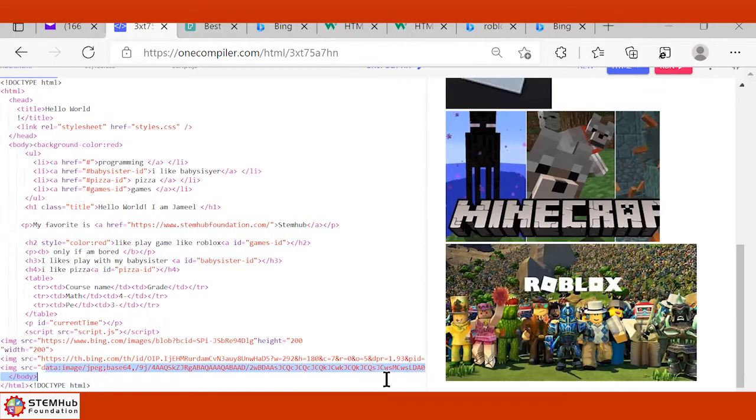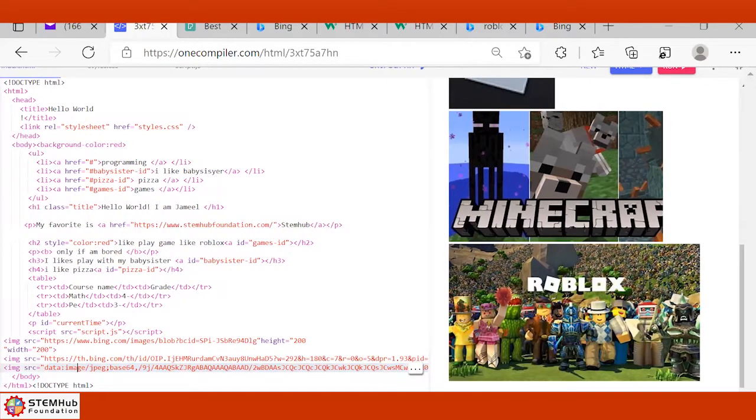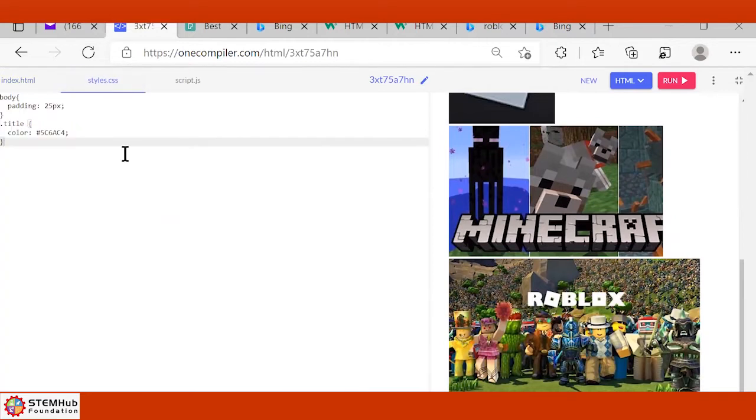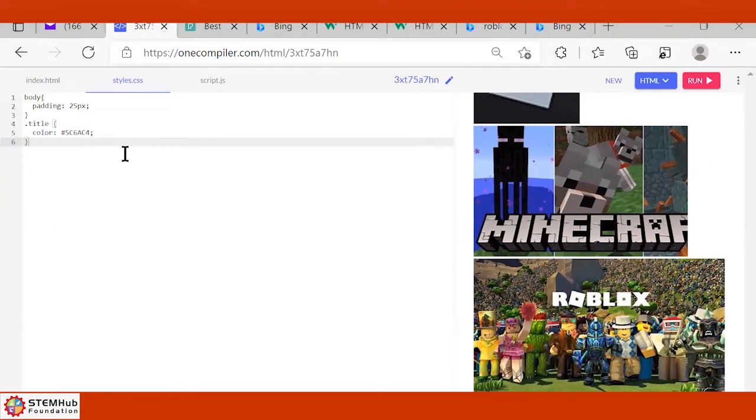All right. Anything else you have a problem with? Really, what I want to see is your style CSS. Go up to the top and let me see your style CSS. Click on style CSS at the top there. All right. You don't have an image icon where you can control the size. Look in the comments. You should see something that I put in the comments in regards to image.